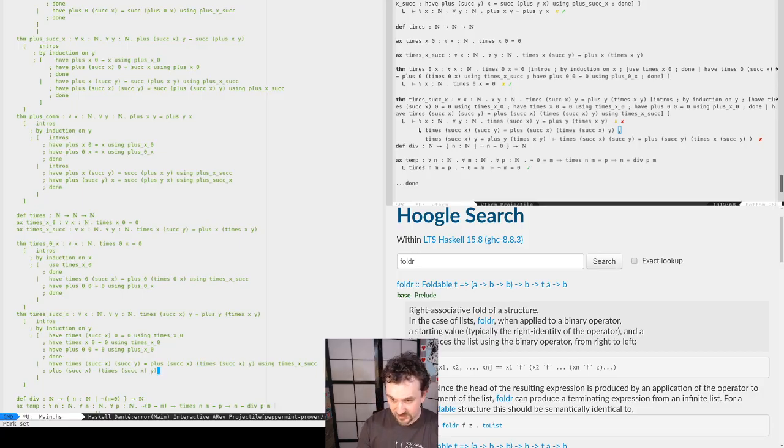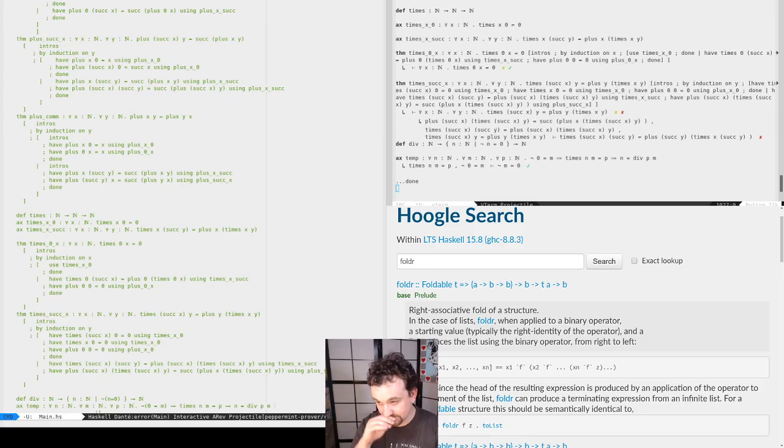So this whole thing. And we can sort of write a chain, which is nice. So we have, sorry, this is equal to succ of plus x and this thing again. I really wish I had notation. Okay, using plus succ x. That worked.